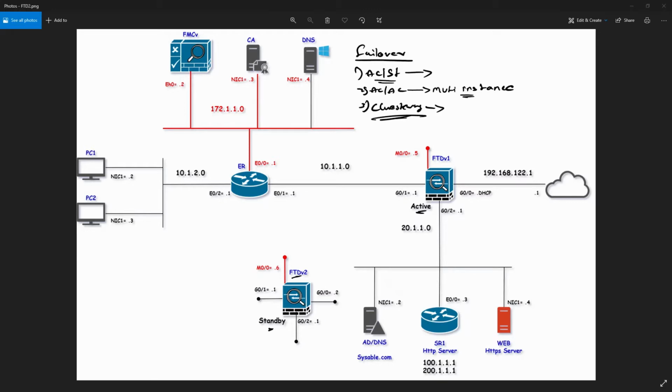Alright, so active standby. Before we proceed, you need to know that there are certain conditions for this one. As usual, like the ASA, here also it is the same thing. You need to have the same license. It should be an identical device with identical modules, including the interfaces and everything, including the license. So let's have a look at the Cisco website to see what the conditions are.